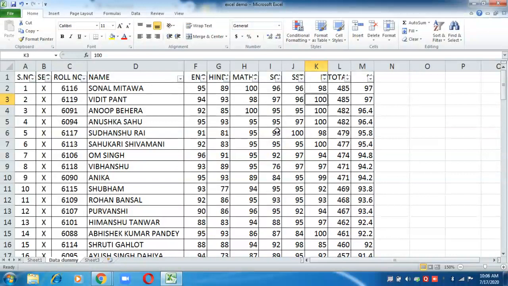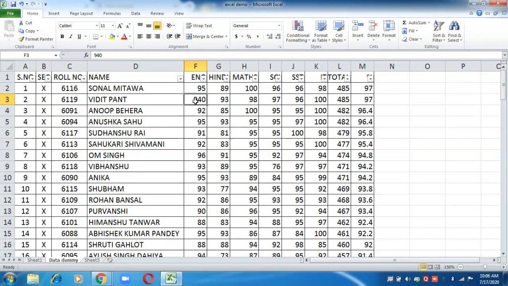Okay, next we have data validation. Now sometimes at the time of entering, I may enter 940 by mistake, and my sheet is also allowing me to enter 940 marks, but it is not possible because these are marks out of 100 only. So the result will get affected, the percentage will get affected.